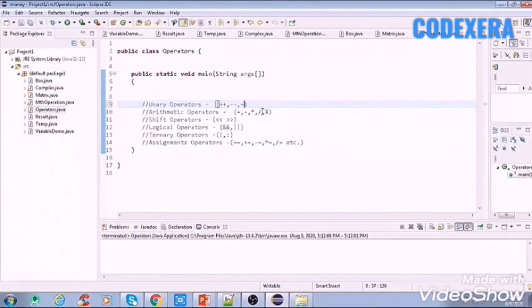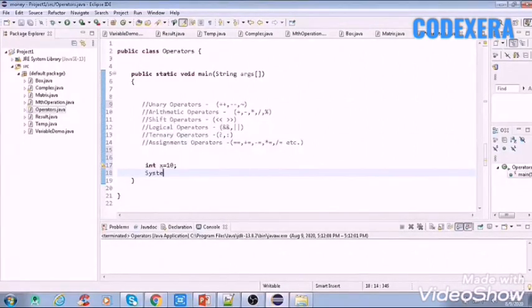So we'll see firstly what unary operators are. So just go here, and now we'll create one variable, that is x is equal to 10, suppose. Now we use unary operators here, that is plus plus or minus minus. We can also use negation. I will show you everything one by one.